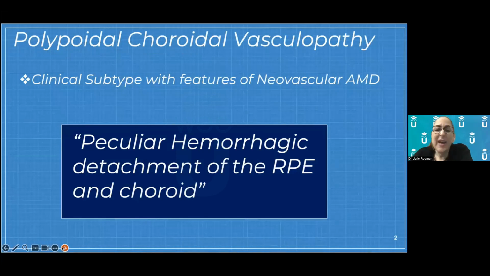So this patient had what we call polypoidal choroidal vasculopathy, which is a mouthful. It is a type of neovascularization, or it's a disorder where you get neovascularization or choroidal neovascular bleeding. And it's also been called a peculiar hemorrhagic detachment of the RPE and choroid. So if you kind of think about what all these words mean, it's a hemorrhagic detachment. So before I was saying that the pigment epithelial detachments had blood in them and they had serous fluid. So that's the hemorrhagic detachment, and it's of the RPE and the underlying tissue.